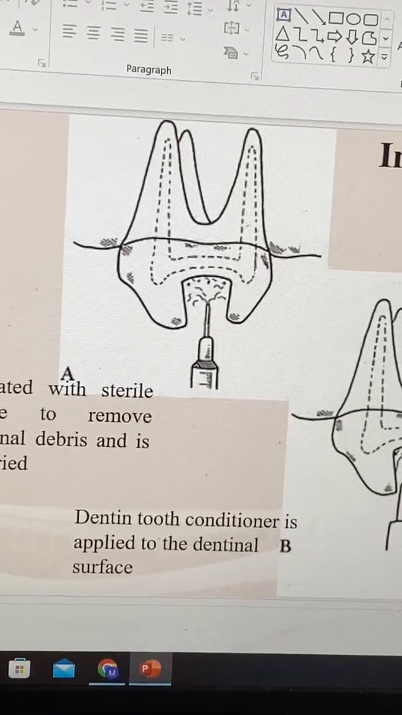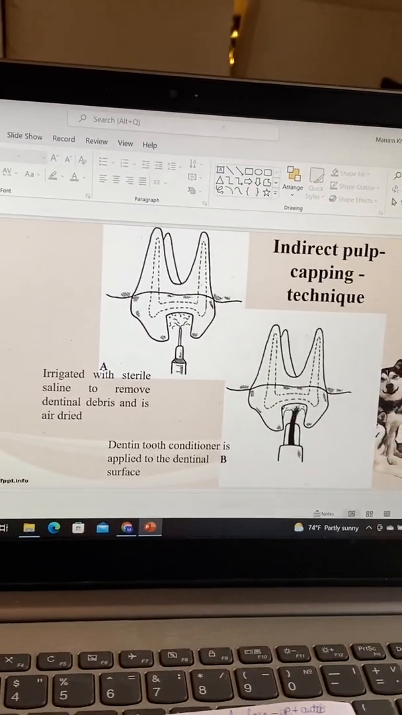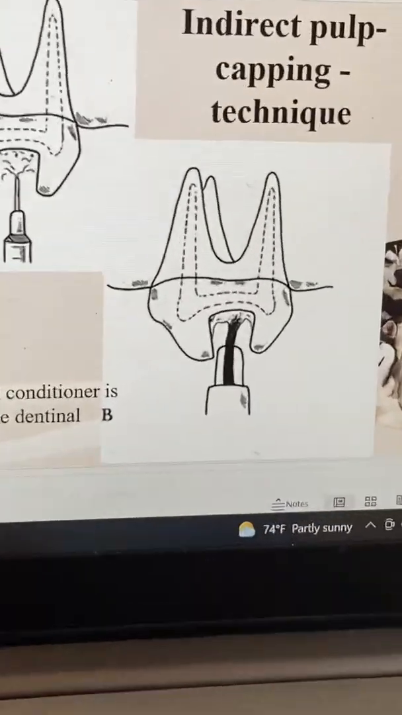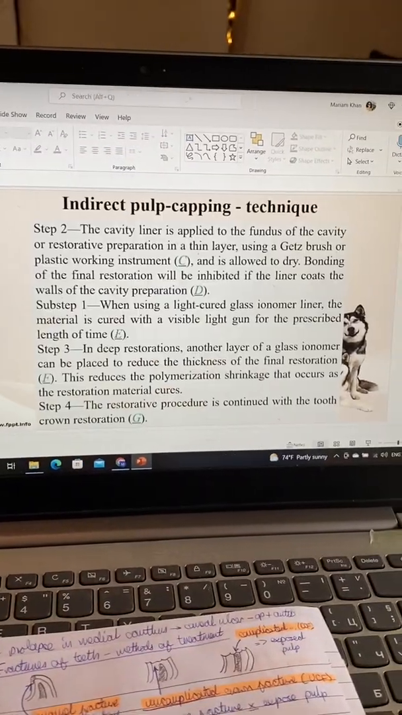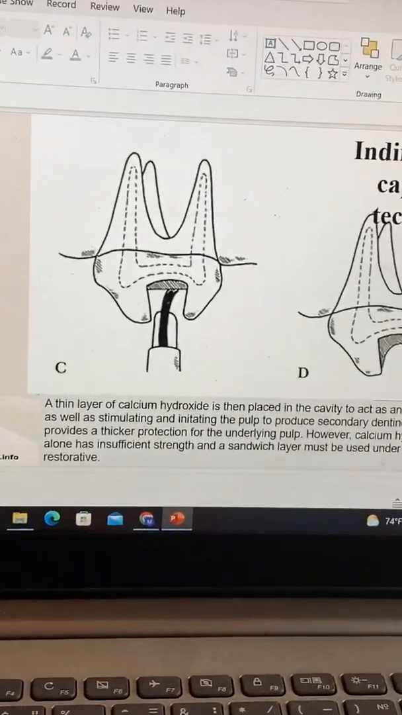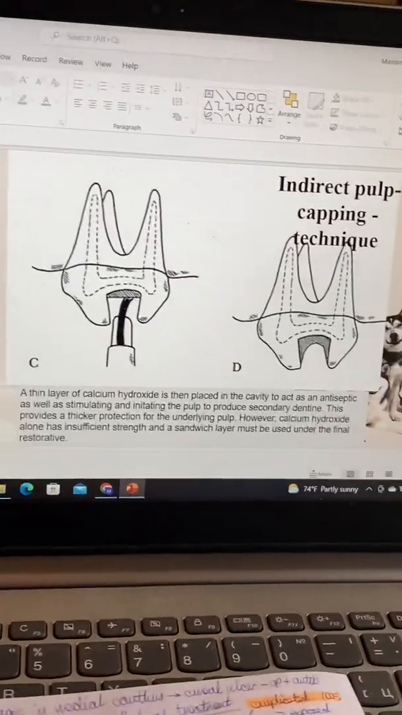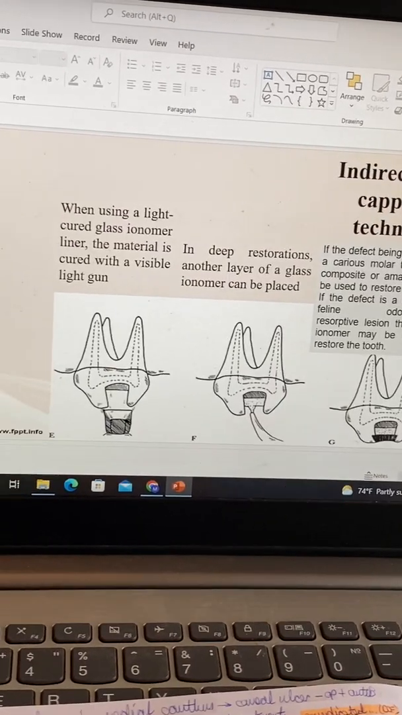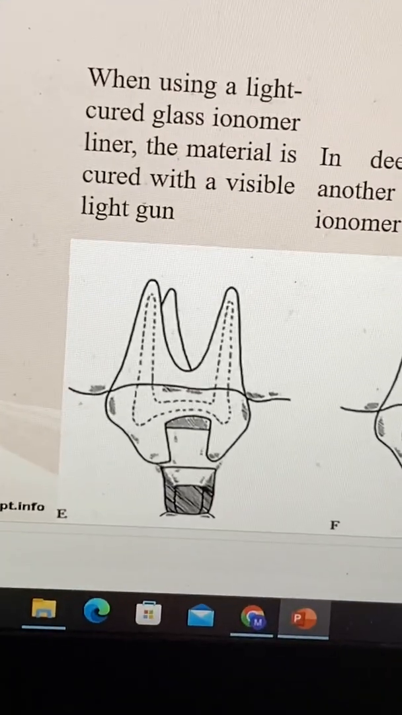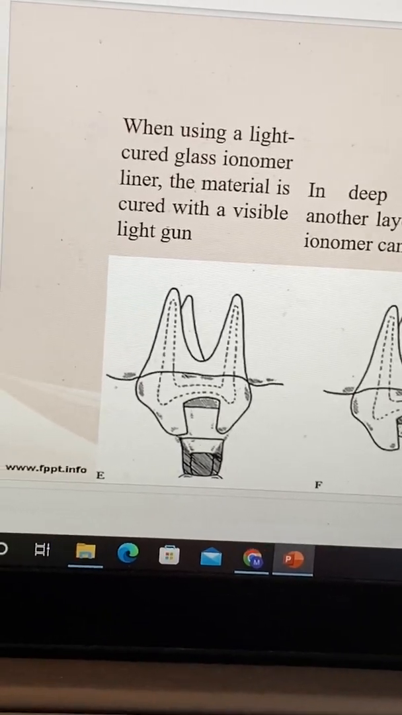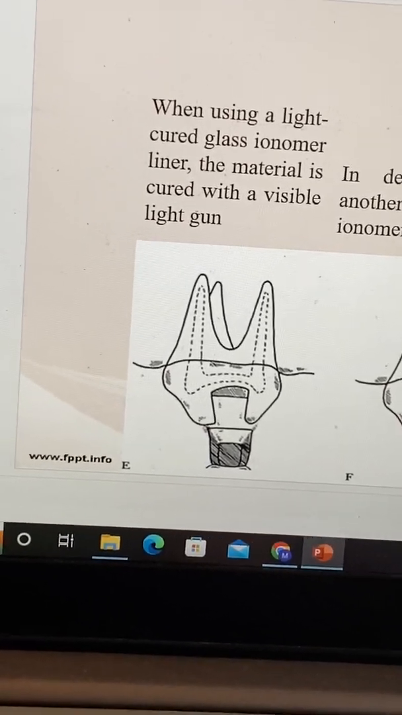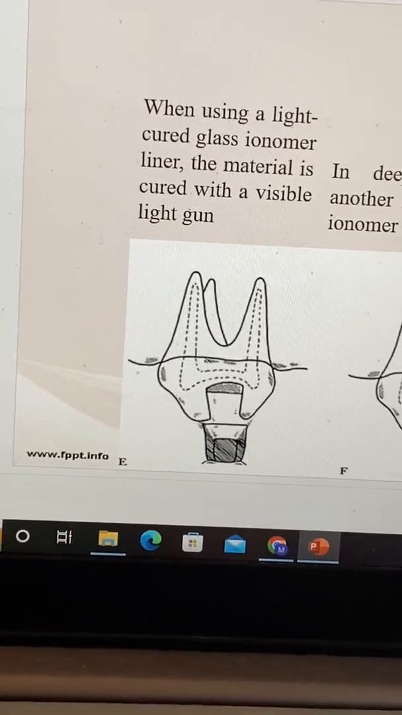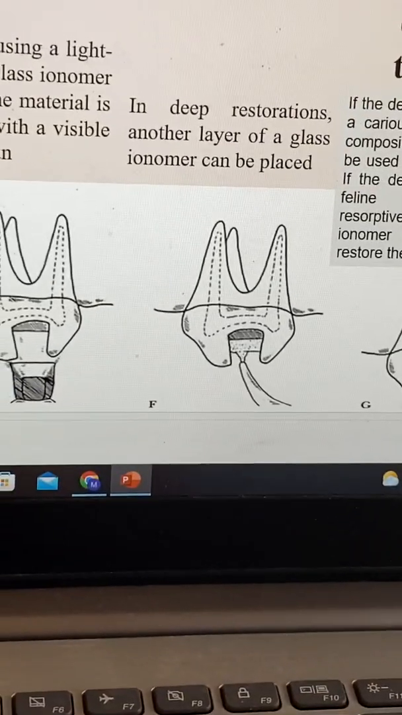So afterwards you can use a light cured glass ionomer. So yeah, this is the dentin tooth conditioner I already mentioned. And now you're adding your layer of calcium hydroxide and it acts as an antiseptic. Yeah, and then you have your light cured glass ionomer on top of your calcium hydroxide. And you can even put another glass ionomer on top of this